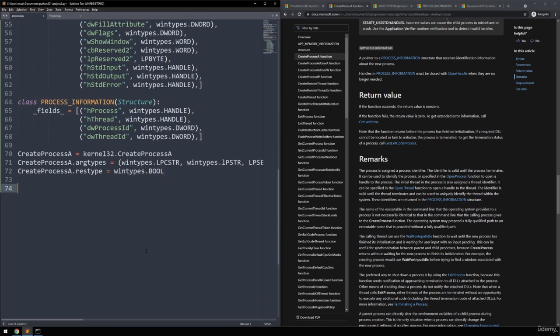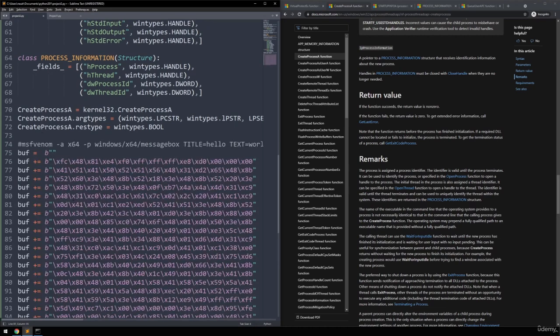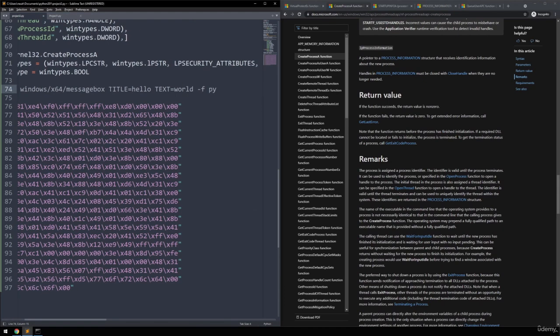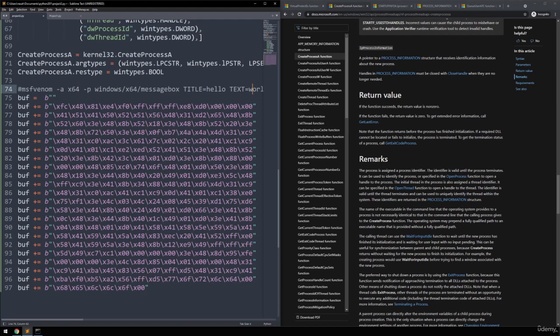And now that we have our functions and structures defined, we need to have some shellcode to inject and execute. So we can make use of the Metasploit framework to create some simple Hello World shellcode. I've used my Kali VM to create my shellcode, which I'll now copy and paste. And you can see here, msfvenom -a x64. Our payload is just a simple message box again. We specify the title of our message box, Hello, and the text, which is World. And we specify the output format of Python because that makes it easier to copy and paste into our Python